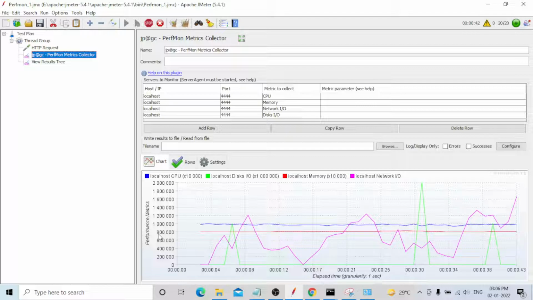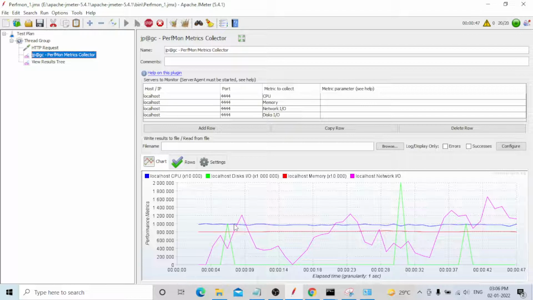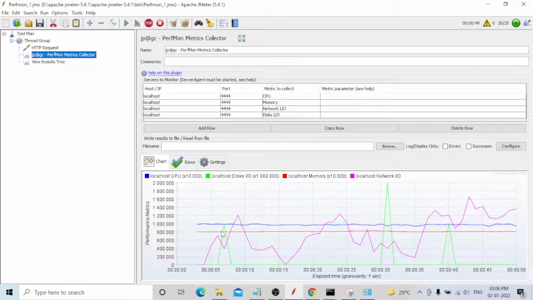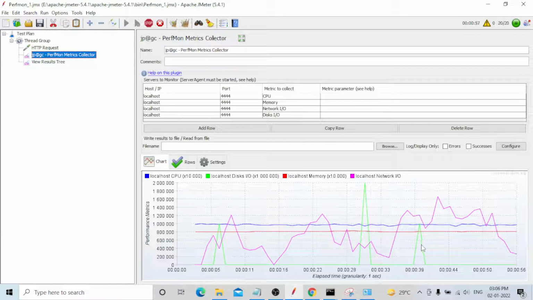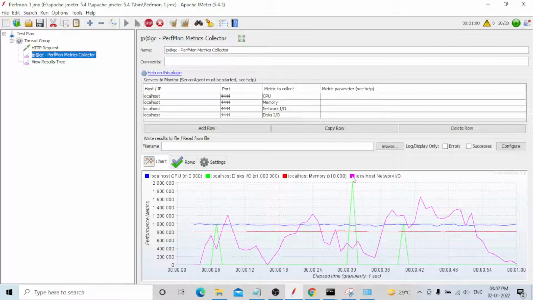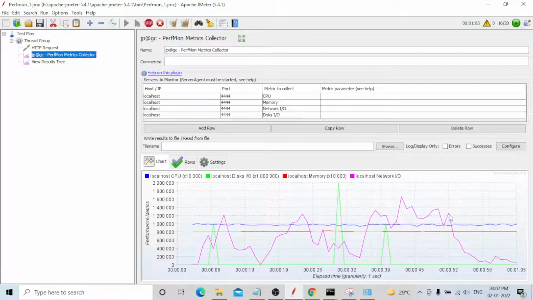What is the duration and how much percentage is used, all the things will be provided. This is the CPU, this is the memory, disk is this green type of color, and the network, I'm not sure what color exactly. This is the network fluctuation.